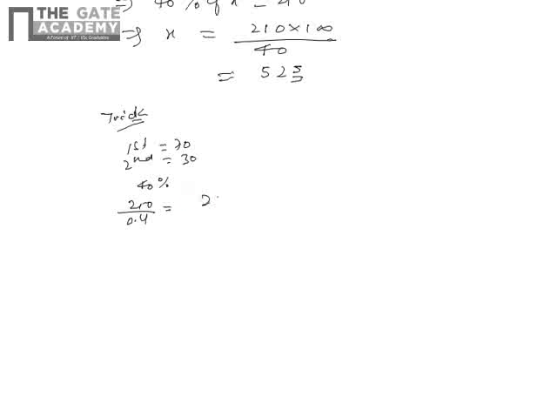It's 210, so it will be 2100 by 4. So just take 21 outside, and this will be 25. So options A, B, D will not satisfy this multiplication, so it will be 525. So no need to calculate these values. Simply you can get 525. So the answer is C. Thank you.